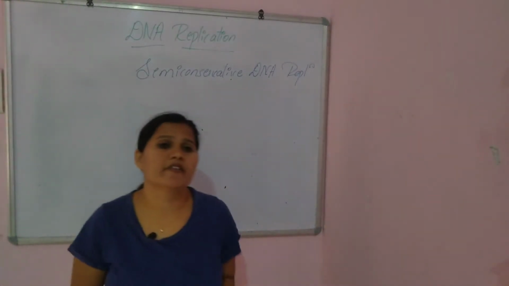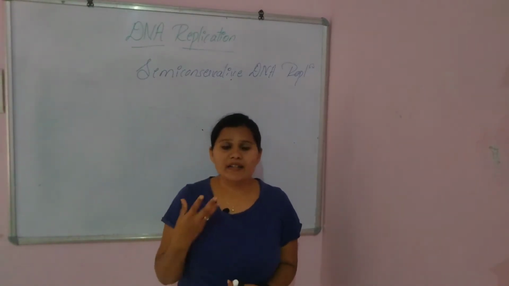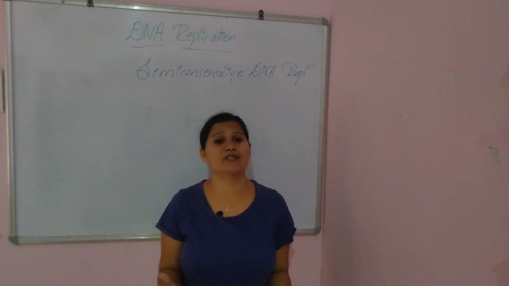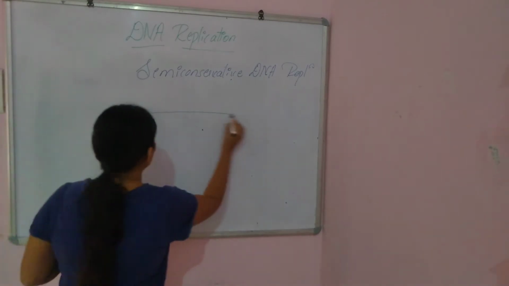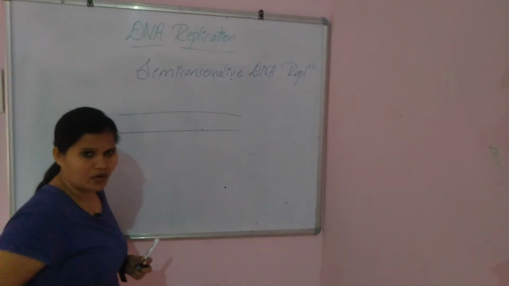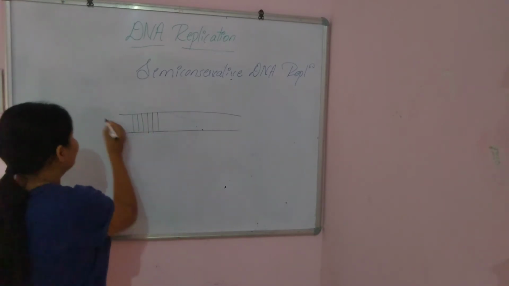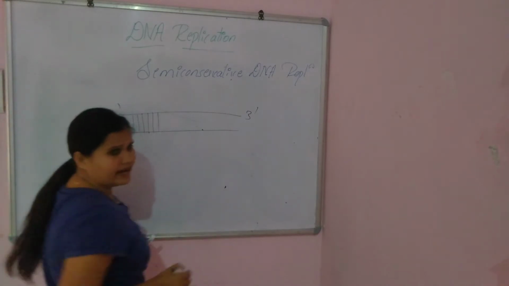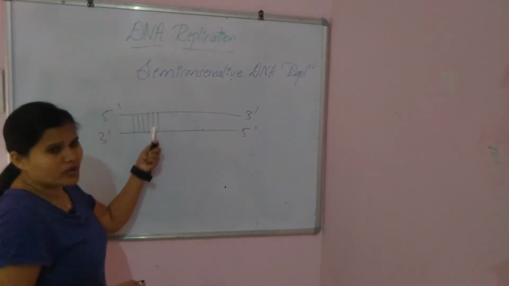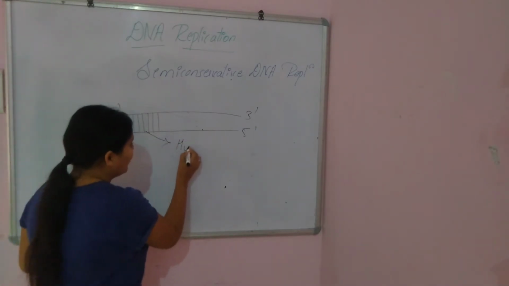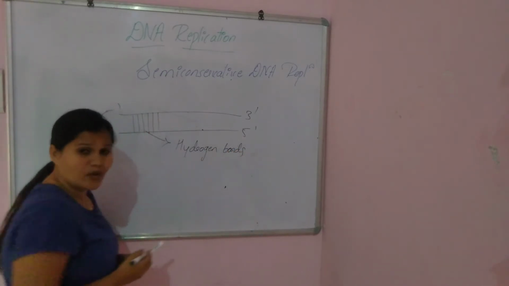So the first step is finding the origin of replication. So what is this origin of replication? Think here, if this is the DNA, with this strand and this strand, they are anti-parallel, right? Their polarity will be anti-parallel, and these nucleotides are attached by which bond? Hydrogen bonds, and also